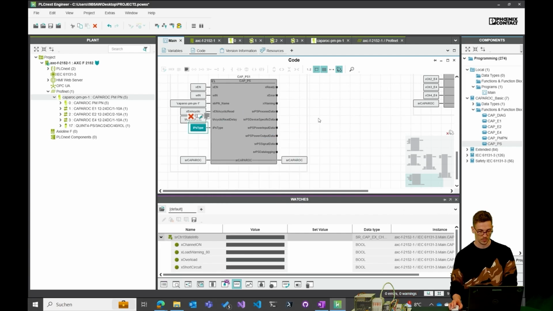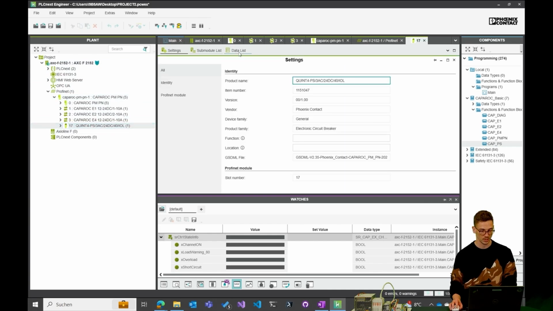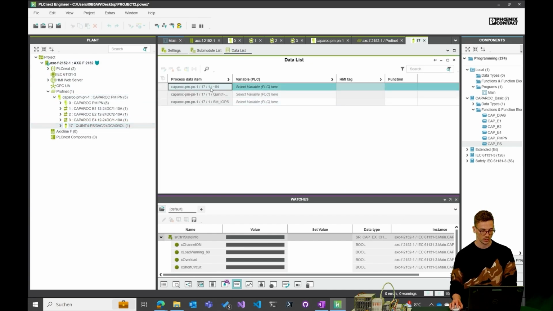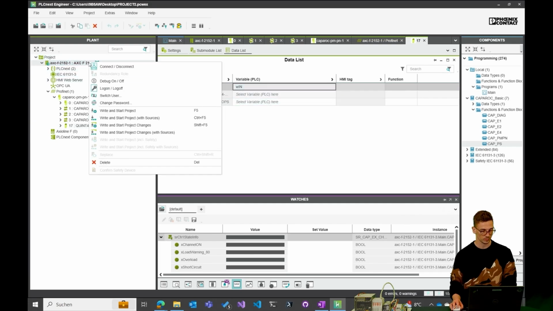and that's it. This is all the data that are provided as structures here. I can show you later. Now we have to connect the process data items to the variable. Right, and start the project.